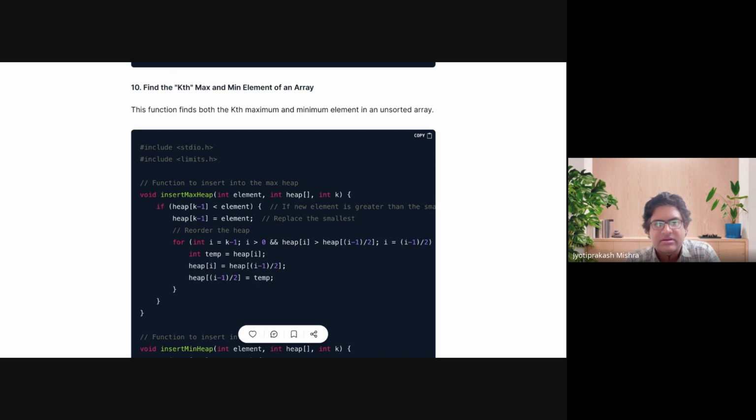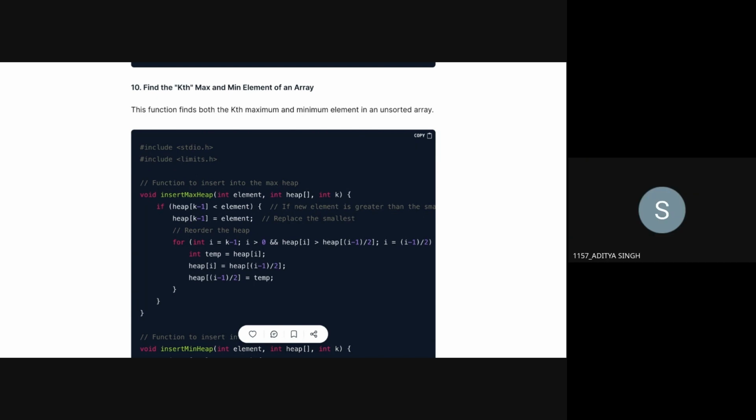है ना? मेरी आवाज आ रही है, कट गया? आ रही सर। आ रही है, ओके।